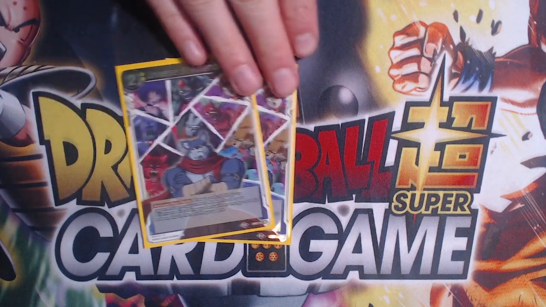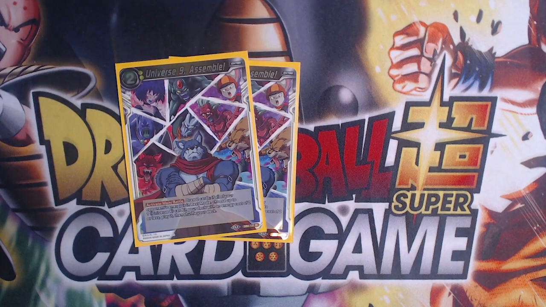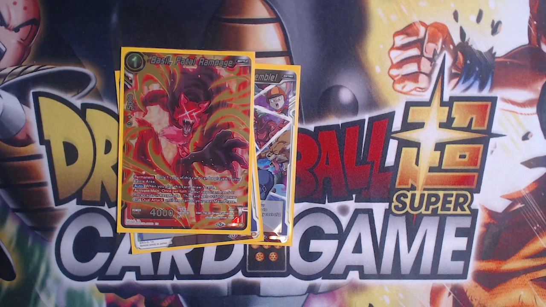Another 2-drop, Universe Night Assemble, just a tap 2, draw 2. All of your opponent's energy in rest mode, you get to choose one Universe 9 card in your deck, energy cost 2 or less, and play it, and shuffle your deck. Which we do run 1 Basil. I didn't want to fit too many of them in the deck. 1 feels okay. I may bump it up to 2,